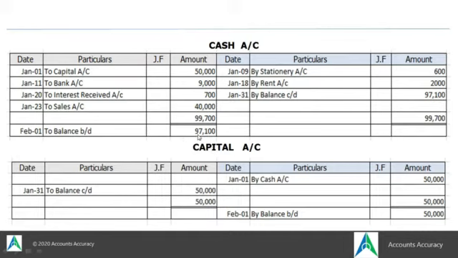If the balance comes at credit side, that will diagonally be carried to debit side. That means debit side balance will diagonally be transferred to credit side, and credit side balance will diagonally be carried to debit side in the next month. Now come to next, how the posting of other accounts will be done.